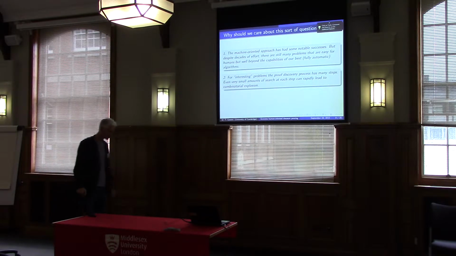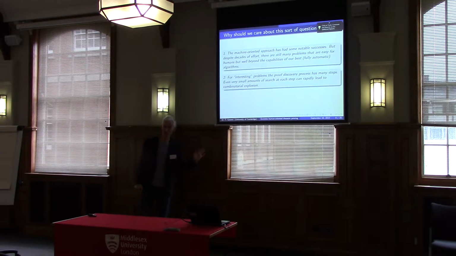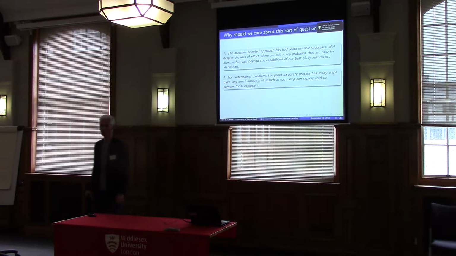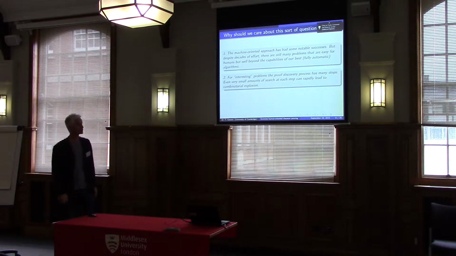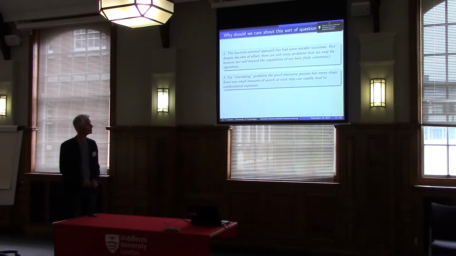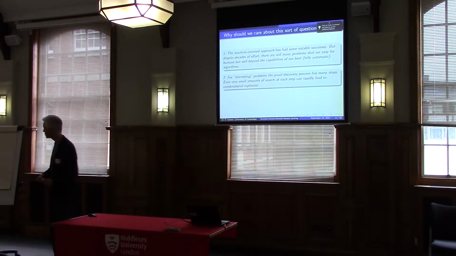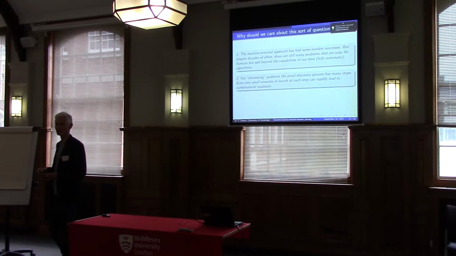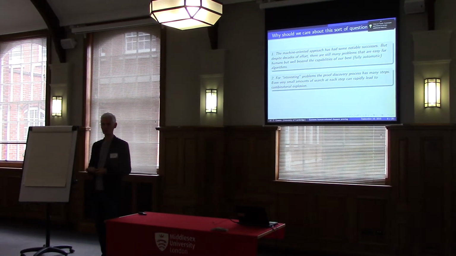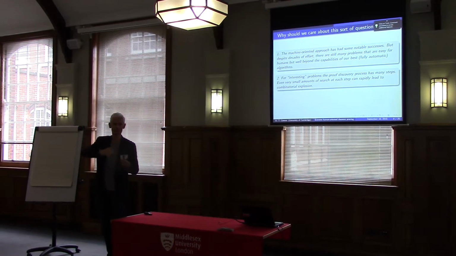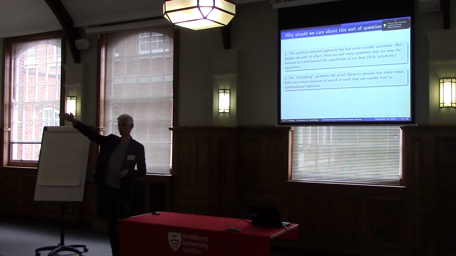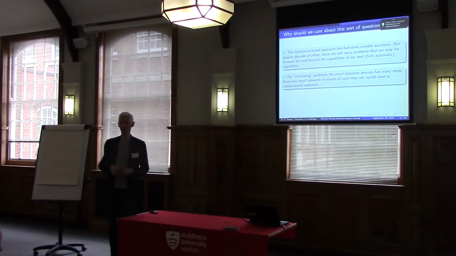So it just does seem that there are a lot of problems, and I'll discuss one or two of them in a moment, that humans find pretty straightforward, and they're well beyond what the best fully automatic theorem proving programs can do. One of the problems in this area is combinatorial explosion. You're trying to find some object, which is a long sequence of logically valid steps. It's your path from your assumptions to the conclusion that you're trying to prove.